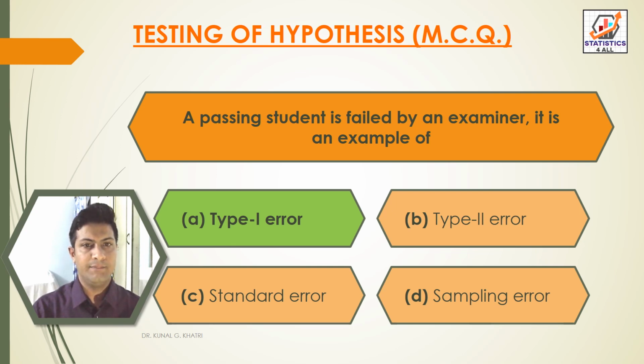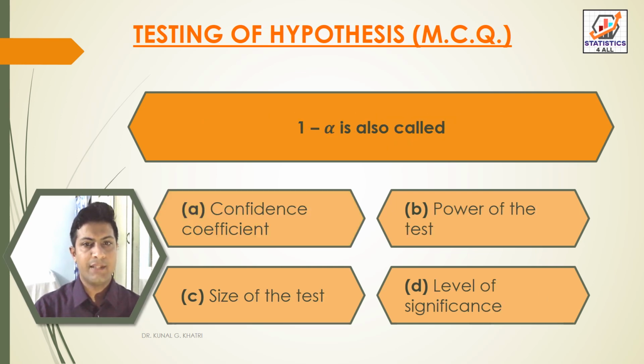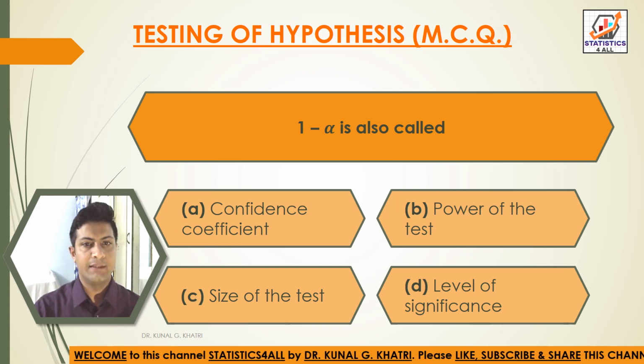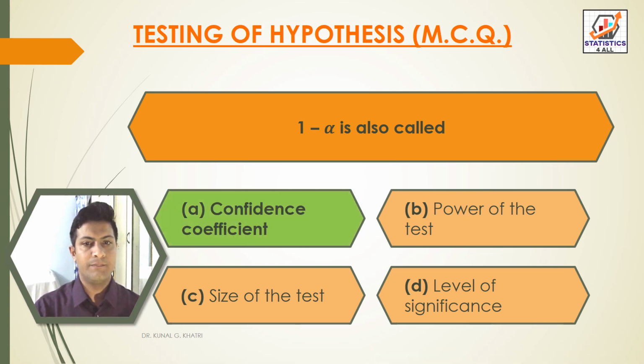Next question, 1 minus alpha is also called option A confidence coefficient, option B power of the test, option C size of the test, option D level of significance. So here we have answer option A confidence coefficient. 1 minus alpha is also called confidence coefficient. Next question,